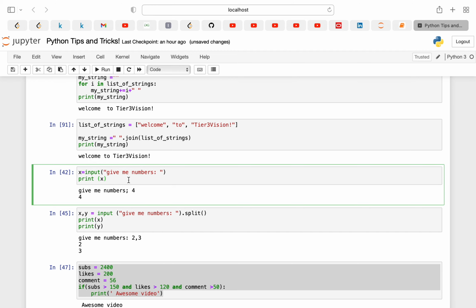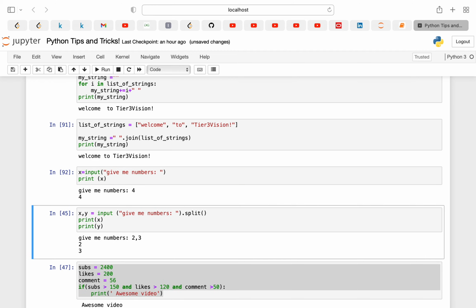So if I run here, my number is 4, and it gives me output 4. But what I can do is use split. Split means we have only a single input, but we give the input separated by a space. So suppose 2, and after 2 I'll give 3.